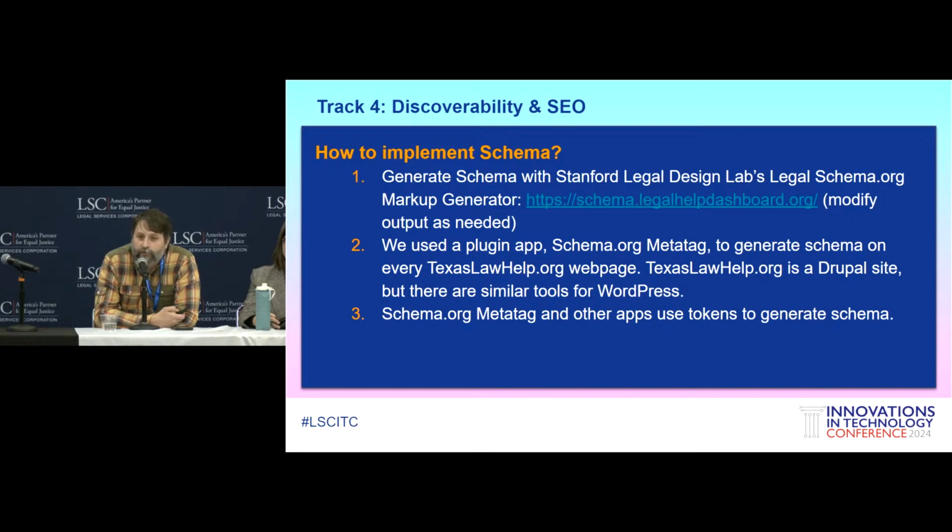We ended up going with a plugin app instead of just pasting it in. We used an app called schema.org metatag, very original. There are other plugins as well. There are plugins for WordPress you could find. They're all over the place, but this is the one we used, and we're pretty happy with it.